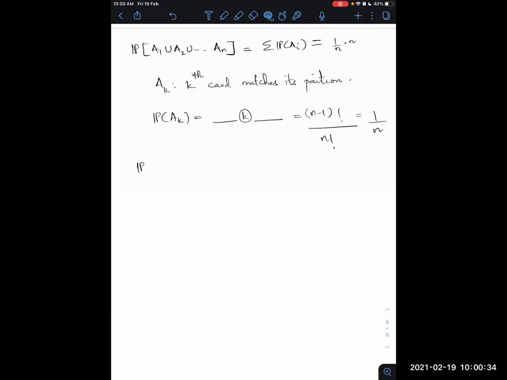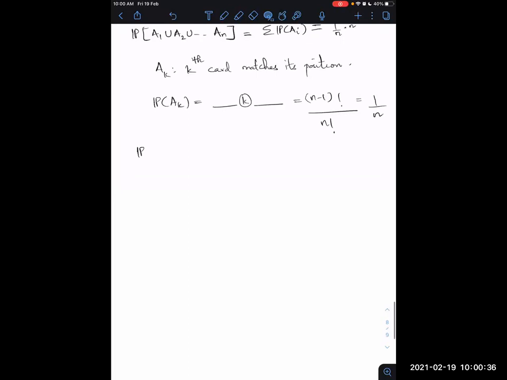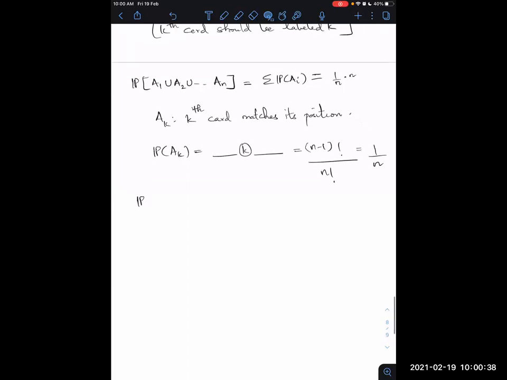Thank you. Okay, so I'll just quickly end this. So there are n such cards, and this summation is from i equals 1 through n. So this was the first term in the inclusion exclusion formula. So this is not equal to yet. I'm trying to make it equal to. So the first term is 1 over n times n terms, because each of these cards are equally likely and each of the cards are sort of the same. So 1 over n times n. Okay, that should be clear.